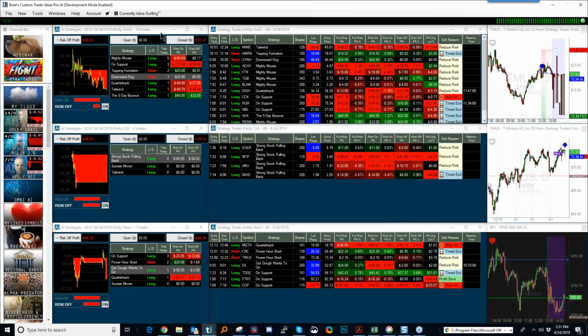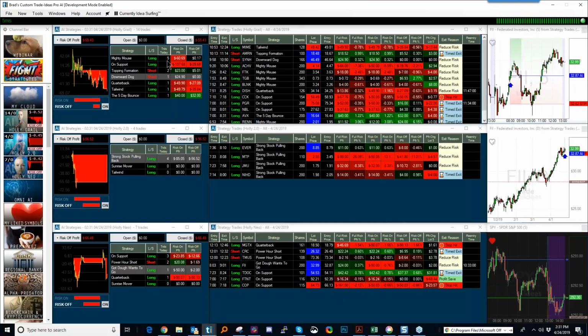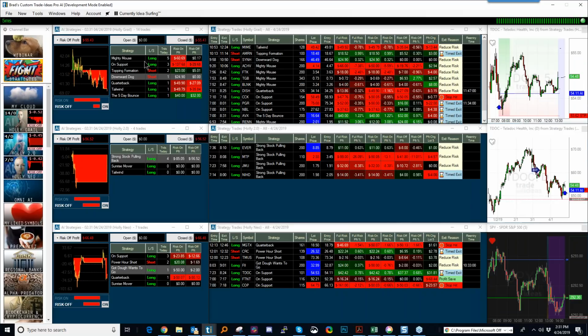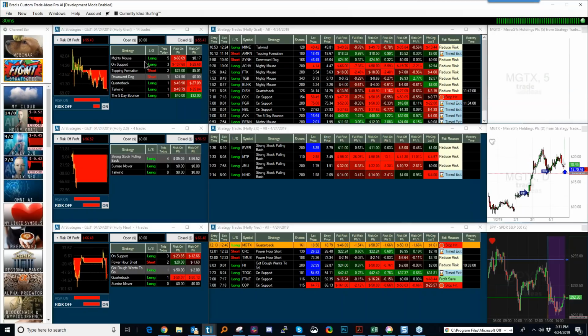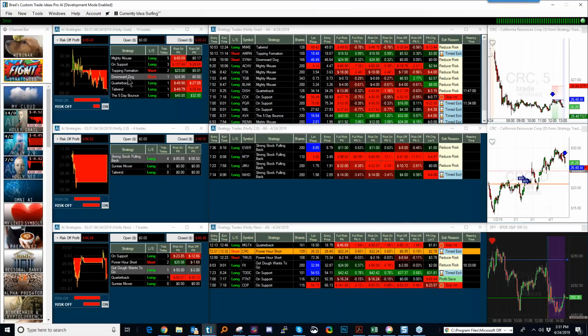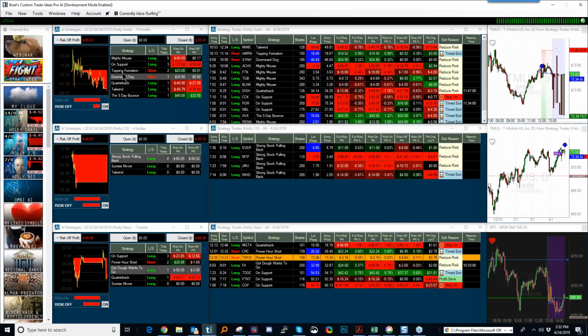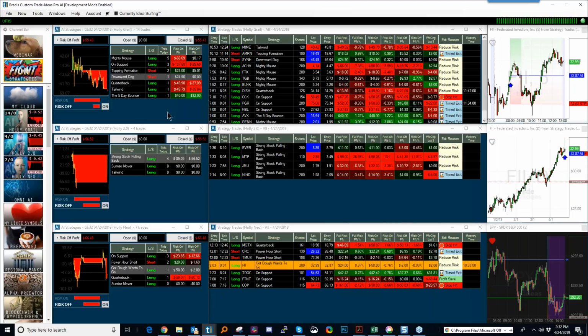But notice that the ideas on the first segment, Holly, came from 7 different strategies, or is that 8? But 7 different strategies. Mighty Mouse is a strategy that looks at more inexpensive stocks, something that's got a higher percentage possibility of a move, both up and down, because you're looking at extreme volatility on these cheaper stocks. Support is just like it sounds. It's a stock that is approaching its support level. If the market's breaking down and that strategy is kicking in, you need to be suspect of that. Topping formation is looking for a stock that it feels is hitting some resistance and is about to turn around. So these are the different concepts and ideas.